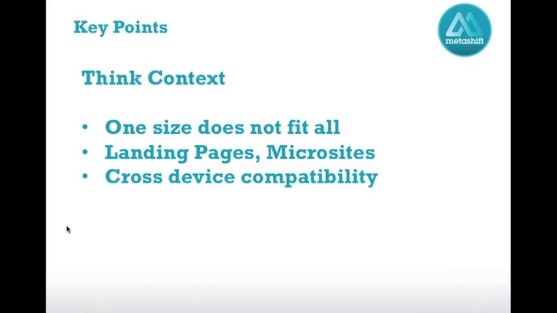So to summarize what I've been talking about, key points. Think about context. One size does not fit all. I think that the days of the everything in one place corporate career site are really coming to an end. I think social media has been starting to dismantle that. I think mobile will finish it off. So you really need to think about your different target audiences and how best to interface with them. And obviously the challenge for large organizations will be, well, how do we do that and still have the same consistency of recruitment process? It's a challenge. It's not impossible. It can be done.